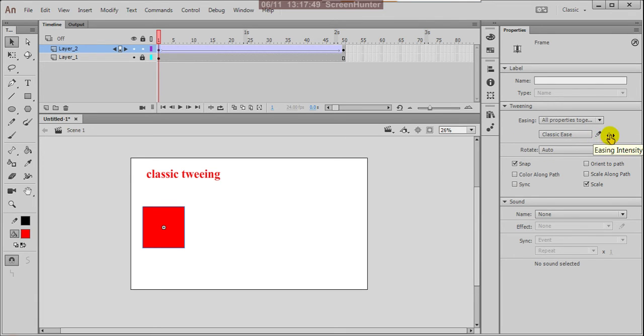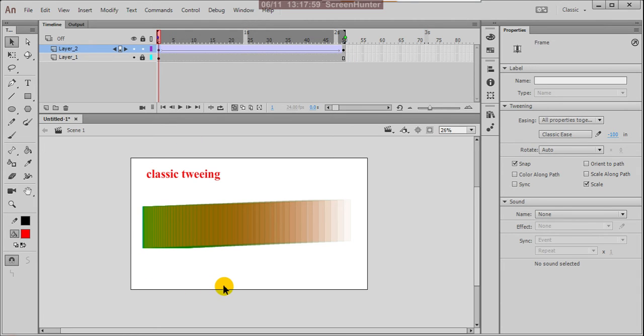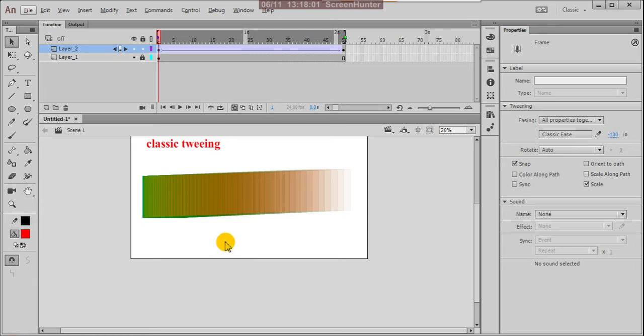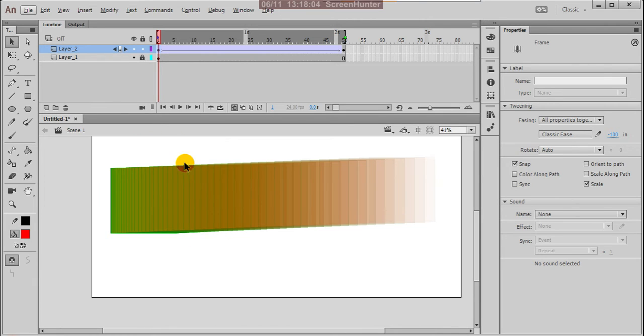Now see the easing, I'm placing minus 100 here, and if you observe, the action starts slowly and ends faster.